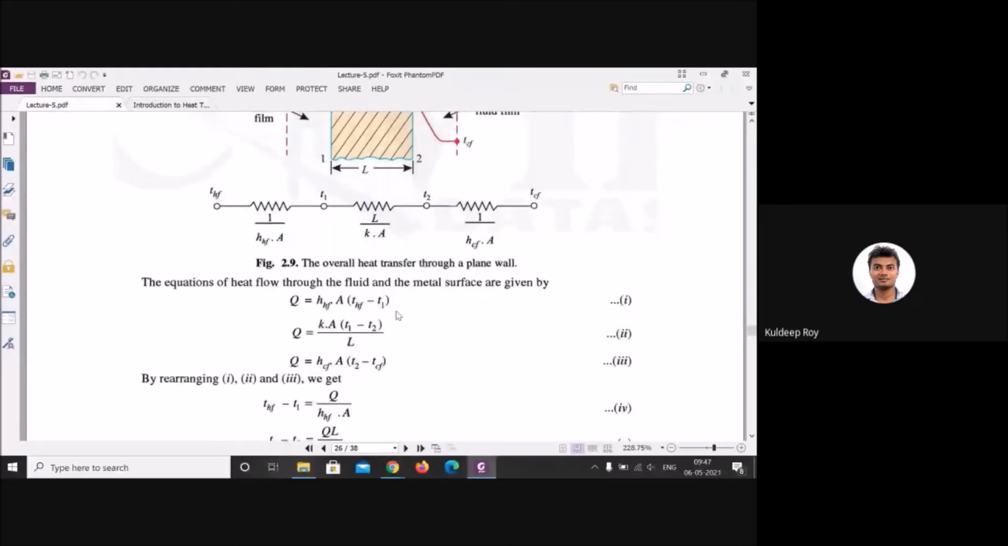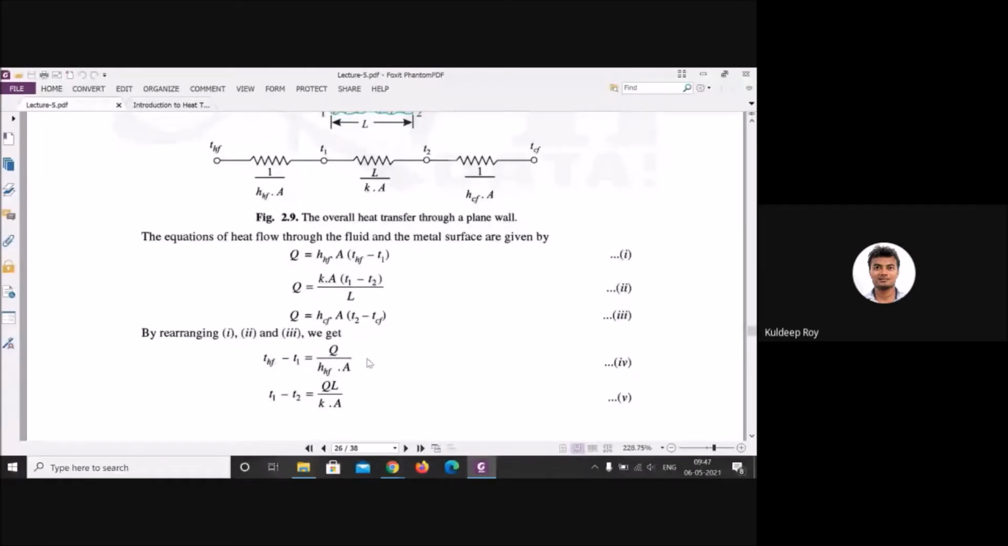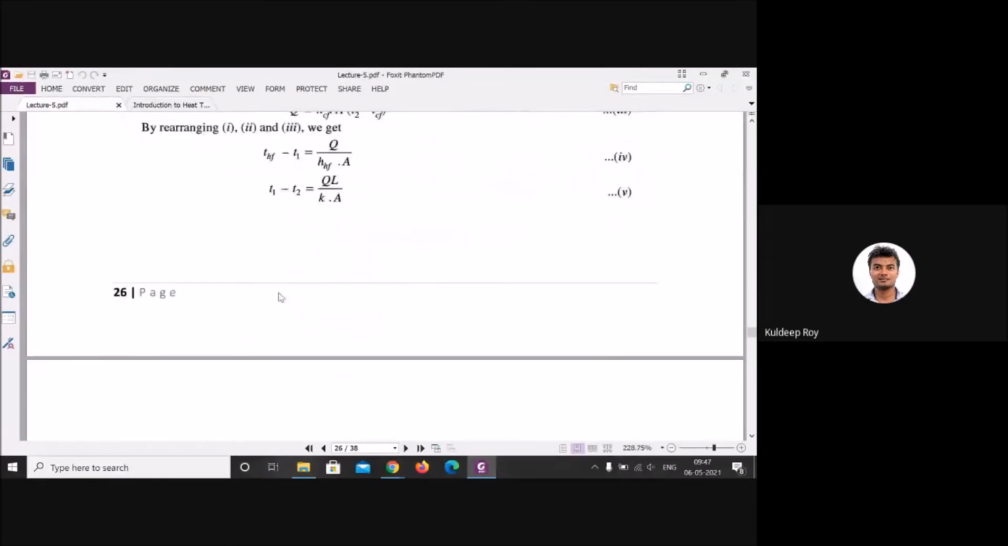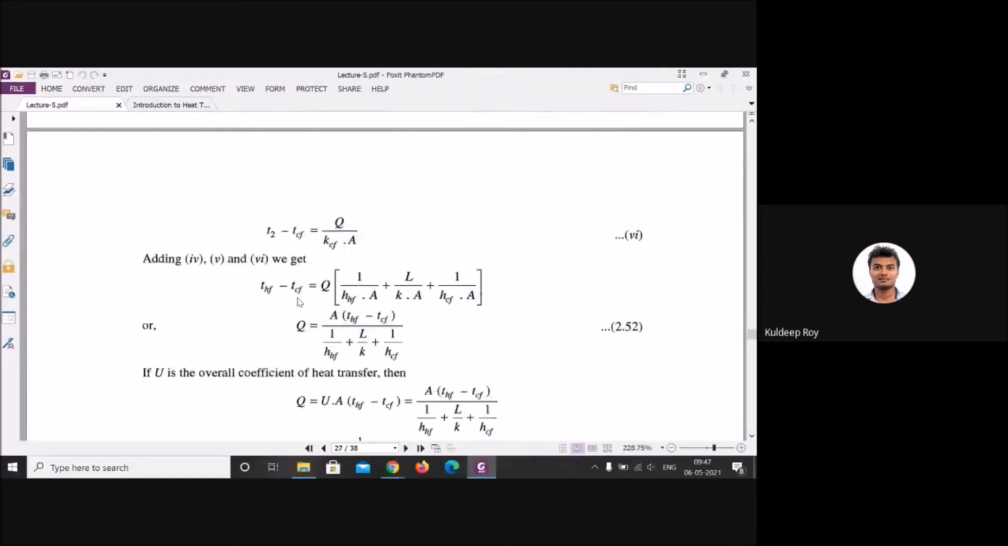Okay, T1 minus T2, THF minus T1, all these terms you have to determine in terms of temperature. Then you have to determine the temperature THF minus TCF. That is the difference for the whole term. And same as you applied for the composite wall, you have to determine how much the final and initial temperature will be. Okay, then you have to determine